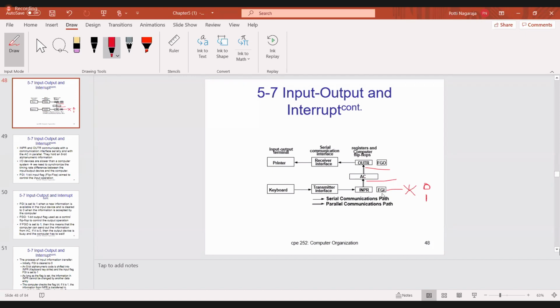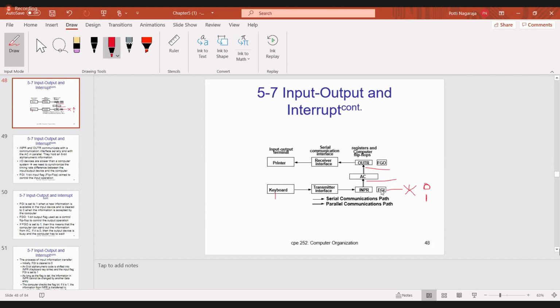But one more point: when this flag is 1, and once again you strike a key, once again you enter the keyboard, because this flag is already 1, the input register will not take the data from the keyboard. If the input register is free, then it can take the data. If the input register already contains some data, it will not take the new data. So when the flag is 1, the input register will not take any data from the keyboard even if you press a number of keys. When this flag becomes 0, only then will the input register take the data.